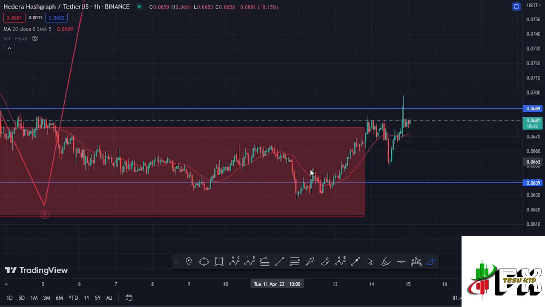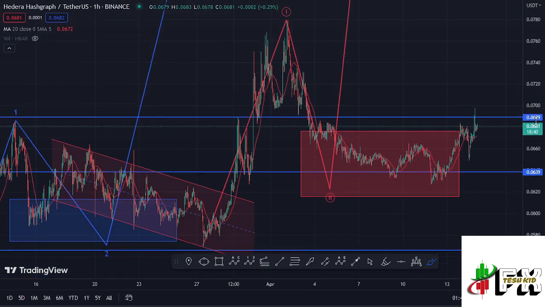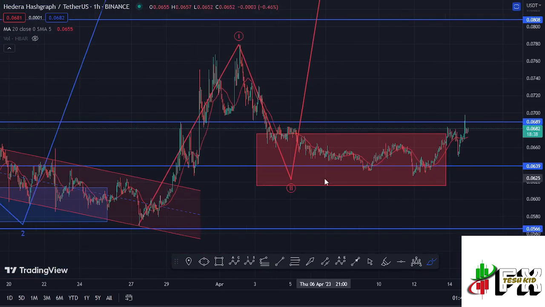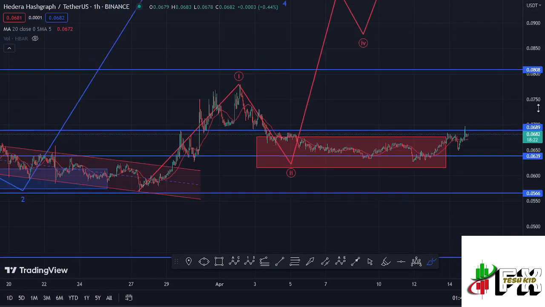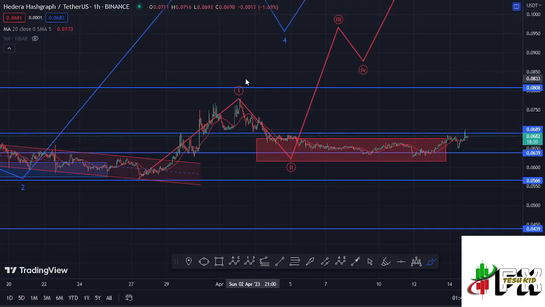We have also continued to obey the Elliot wave structures, where we had been seeing a bit of a breakdown to the lower side in the formation of this wave 2, in a move that has now fully maximized our red target area, which was my minimum retracement area in the formation of this wave 2, and all this is playing out after we fully peaked in the formation of that first wave in a move that gave us a high at around the $0.0779 mark. And having seen the formation of that wave 1 and a wave 2, now my primary scenario is